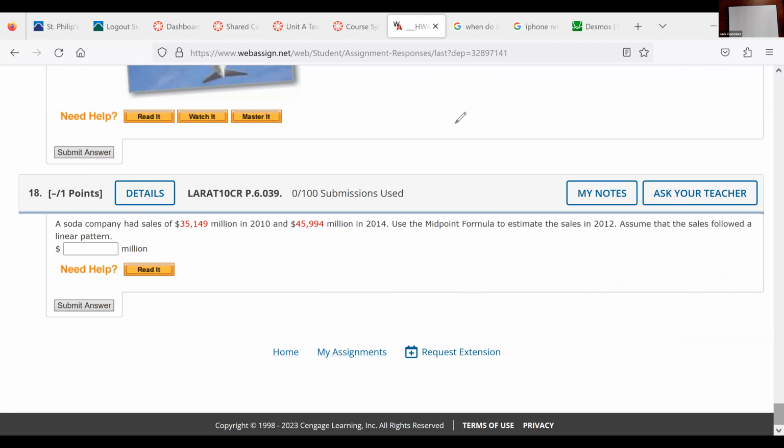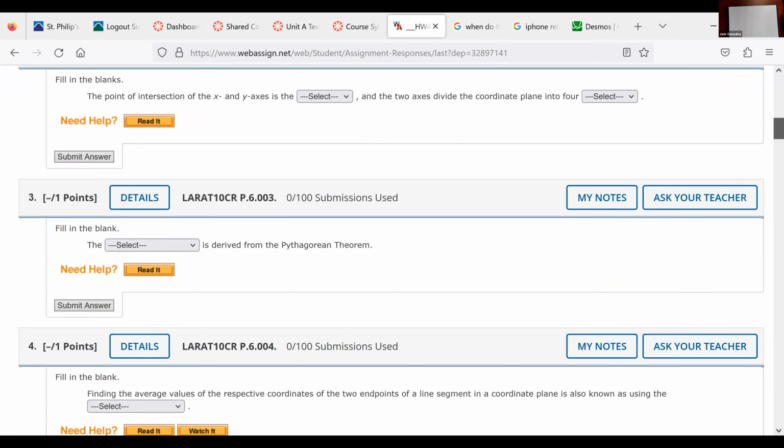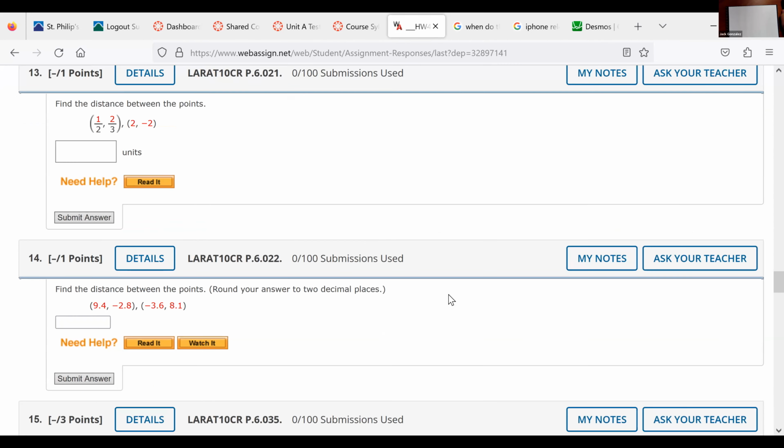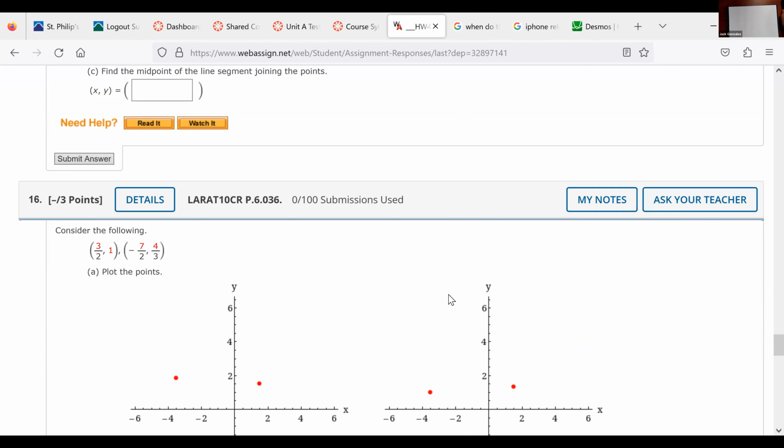Any questions on E6? Can you plot points? Can you find distance of 2 points? Can you find a midpoint? Can you